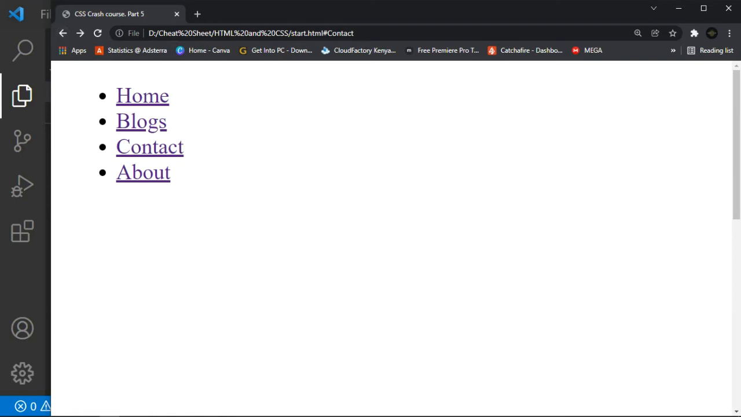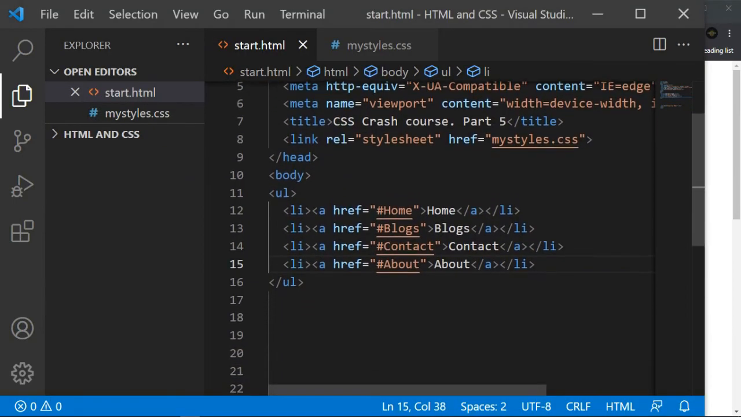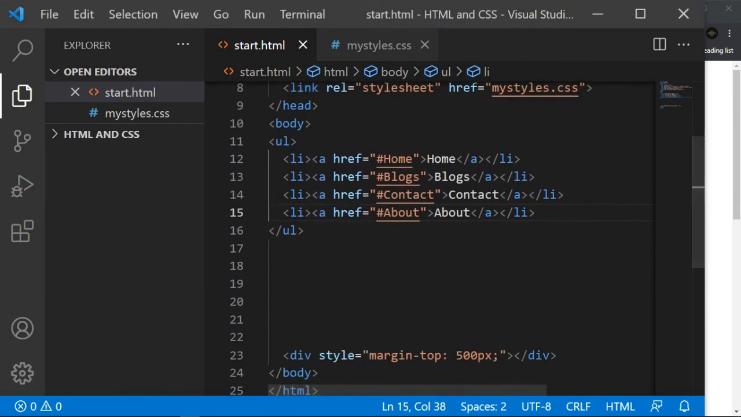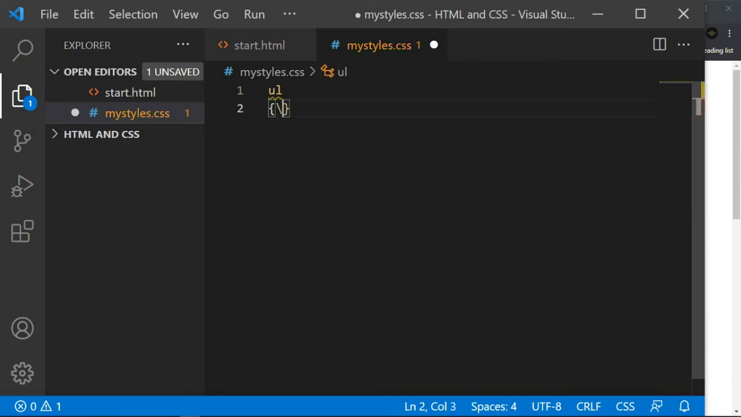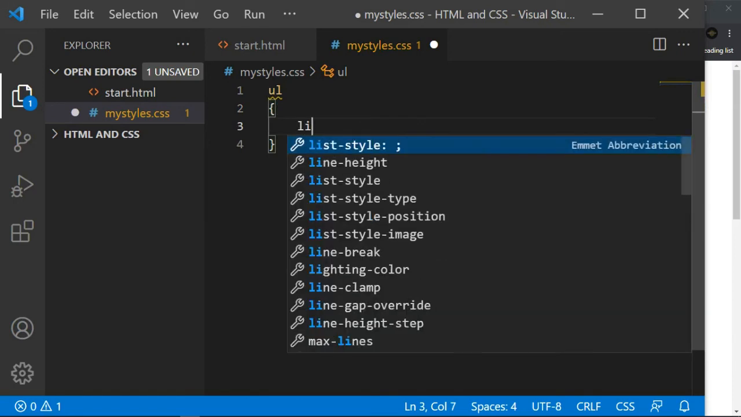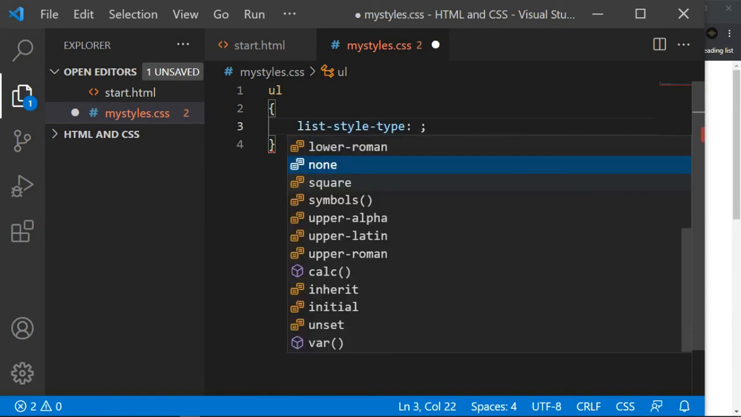So now let me go to my text editor. Now we want to style this navigation bar. We are going to begin with the vertical navigation bar. Before then, let's remove those bullets. They are called bullets, I guess. So UL, and then let me say list-style-type to be none,